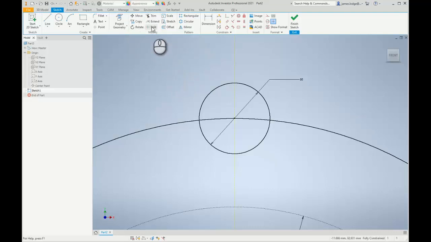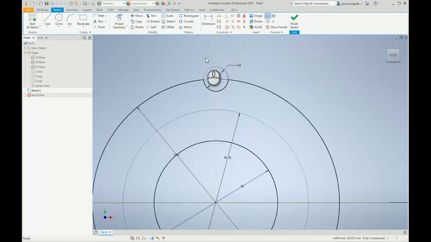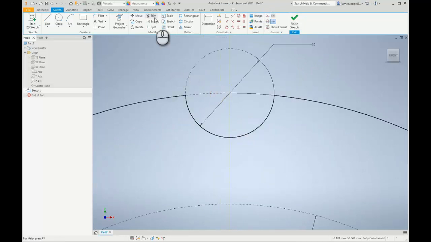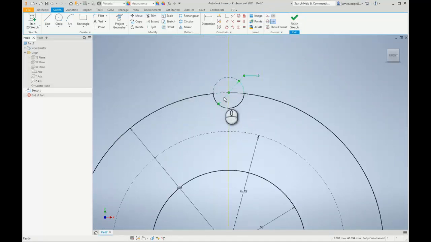On the modify panel, I'm going to select split, and when I hover over the geometry, you'll notice that I get these little red crosses, and they're the split intersections that are going to be created when I start to select this geometry. So I'm going to place a split both on the smaller circle and the larger circle as well. So as you can see here, I can select each of these line segments, turn them into construction lines, which gives me the same outcome as the trim, but I can actually see the geometry that was used to